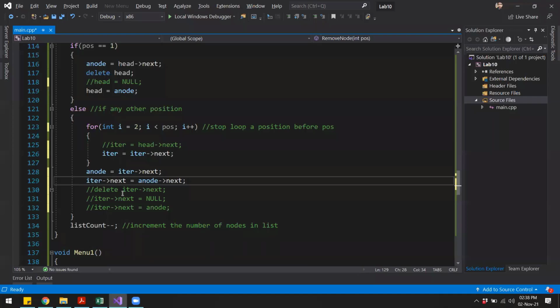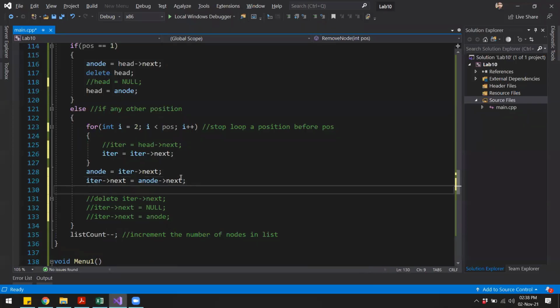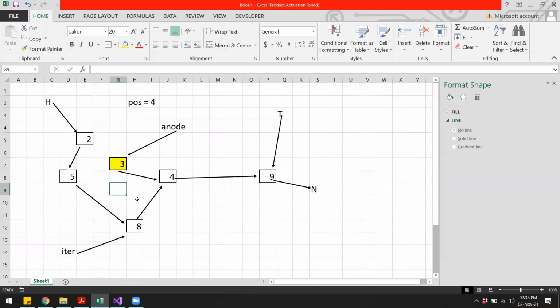And then I can say delete inode. So when we say delete inode, this is going to delete this pointer from the memory, right? So this will be gone, right?